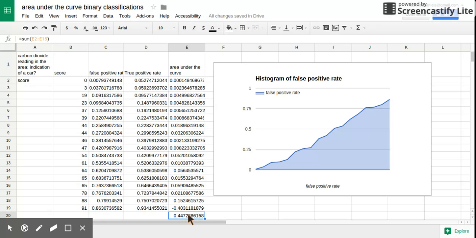So that is a quick demonstration of area under the curve using Google Spreadsheets. I hope it's useful for you,